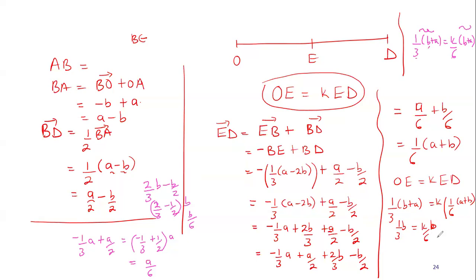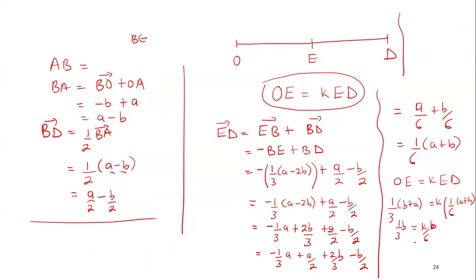So in case I equate individual vectors, since they're in the same direction, B and B, it means I remain with 1 out of 3 is equal to 1 out of 6 of K. Then when you do your mathematics here, allow me to do my rough mathematics here. So I can cross multiply. I have 6 is equal to 3K. Divide by 3, divide by 3, and K will equal to 6 divided by 3, that is 2. So I'll end up with a 2. So that is what you can do.